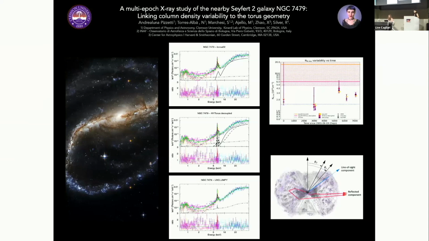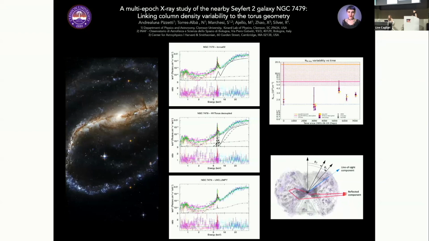Hello, everyone. My name is Andrea Pizzetti. I'm a PhD student at Clemson University. So my study is on NGC 7479. What we did is we performed simultaneous multi-epoch analysis on this nearby Compton-thick AGN in order to characterize the torus geometry properties and the N_H line-of-sight column density variability of the torus over time. To do so, we used 3 different physically motivated models, and although the spectrum of this AGN